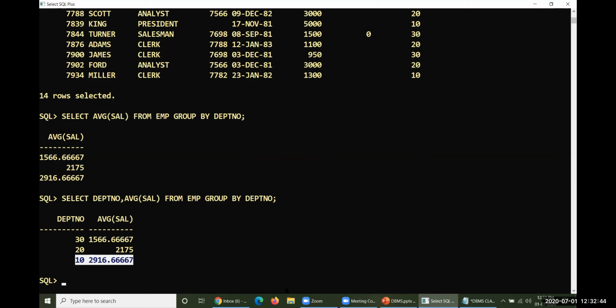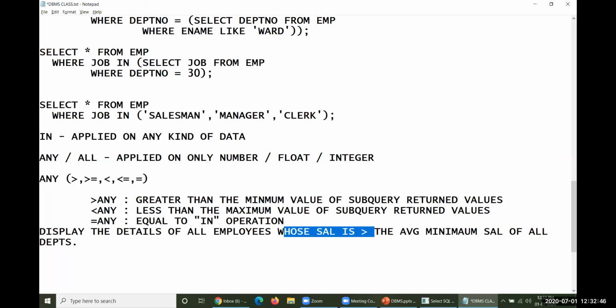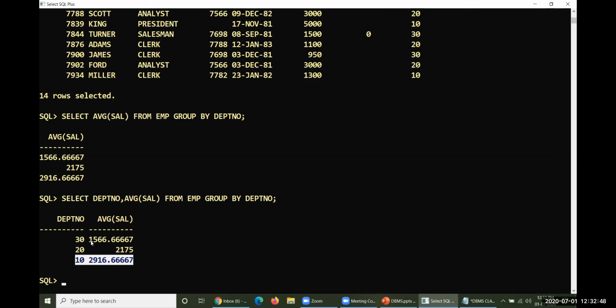Oh, sorry, I'm talking about greater than, I think. Yes, greater than the minimum. The people who are getting greater than this particular value, that is the expectation here.